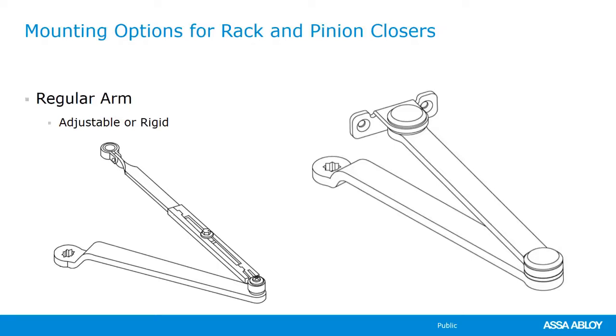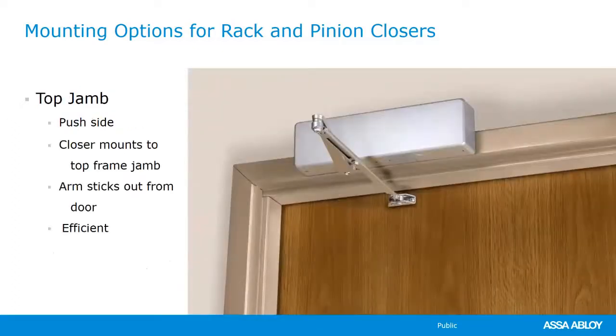And I personally would recommend the rigid arms. With the rigid arms, you do need to make sure that you really pay attention to the templating and that your door closer is mounted exactly where it's supposed to be mounted. Otherwise, that rigid arm is not going to fit correctly. Again, it's rigid, it's not adjustable, so you really need to make sure that you mount it correctly. But really, you only have two options with the regular arm: the adjustable, and the heavy duty rigid. So with Top Jam,